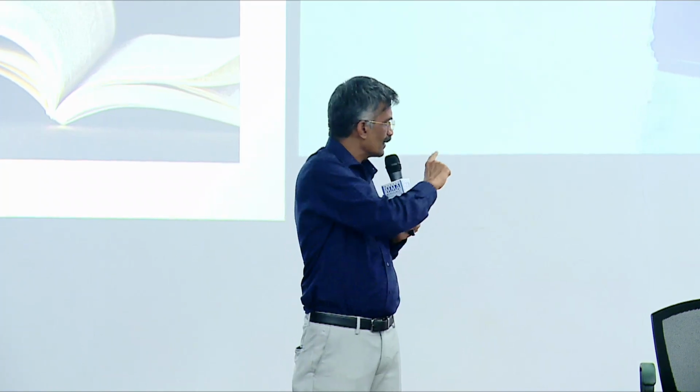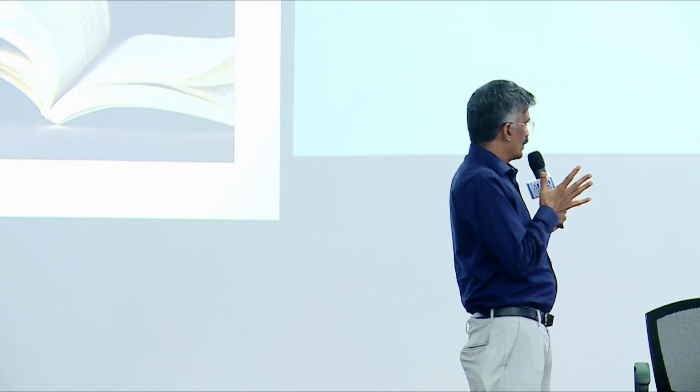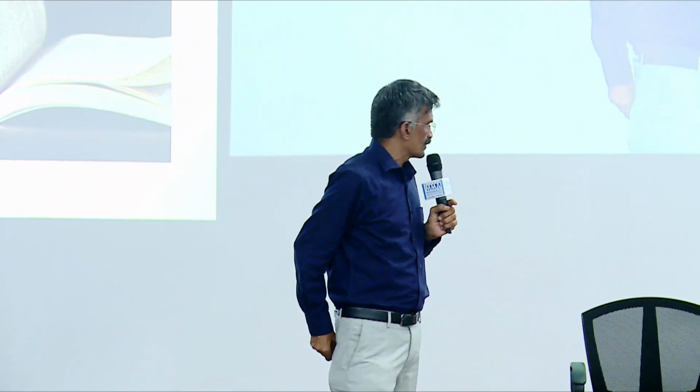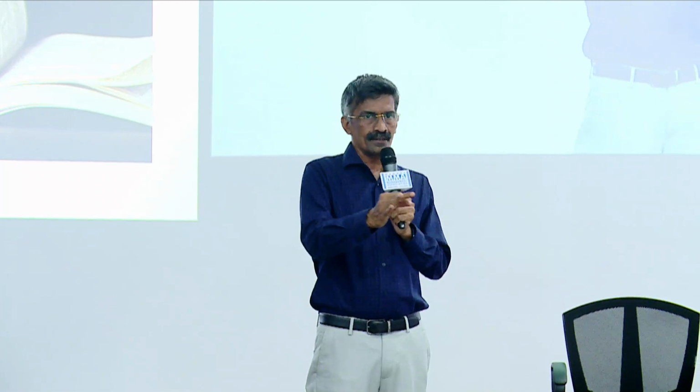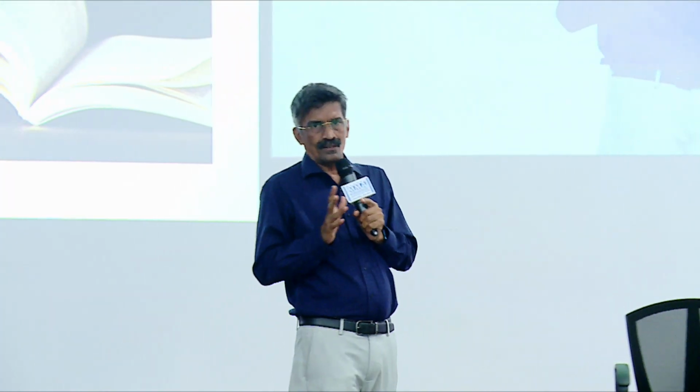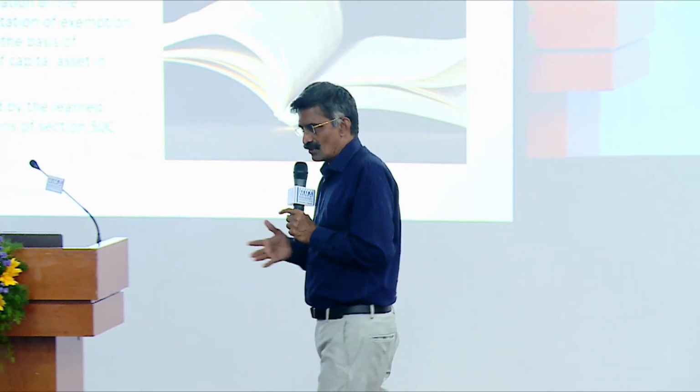I think the last point is where the court got a conviction. Any other interpretation, particularly one canvassed by learned counsel, would render the provisions of 50C redundant. I think the reason which went in favor of the department is that 50C will become redundant if I go by the actual capital gains mechanism, which is fairly right. There is no doubt about it. But however, the assessee also agreed, but still he didn't get the decision in his favor.